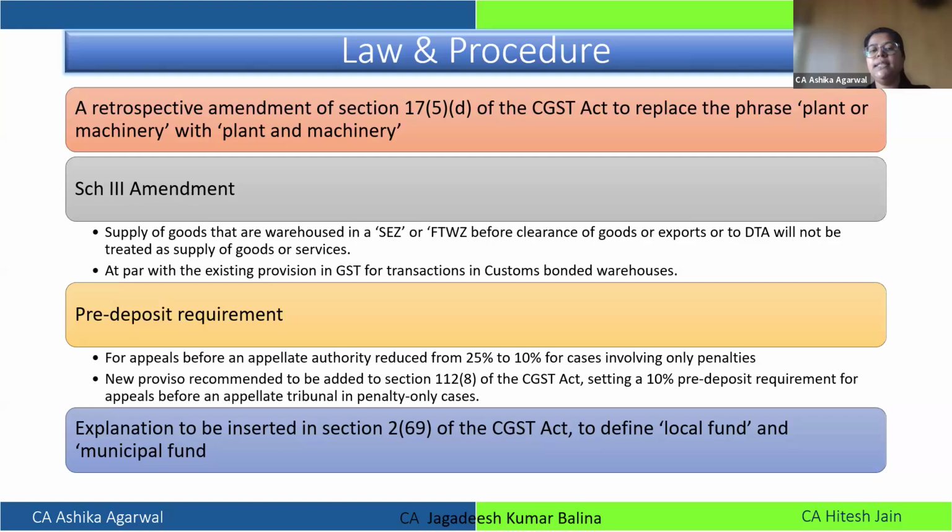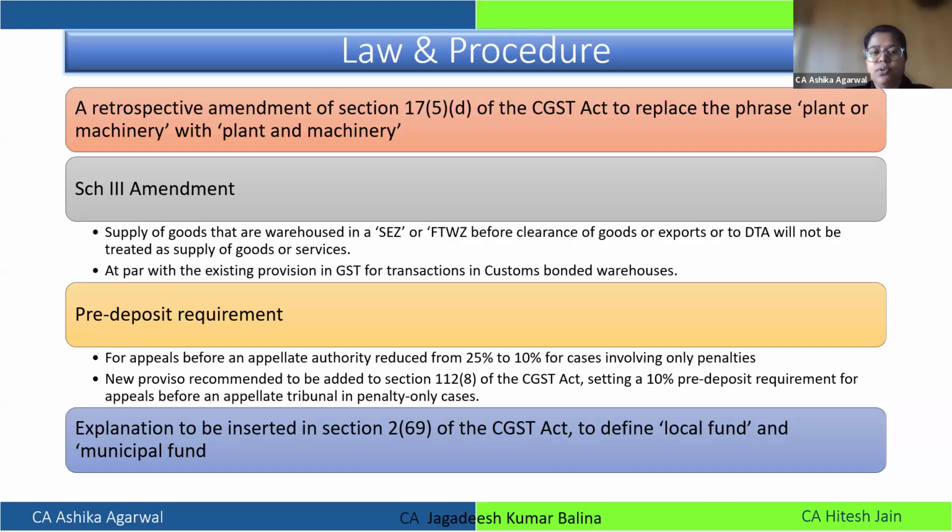Now they are planning to make an amendment whereby they will first reduce this 25% to 10%, and this 10% will be applicable only in cases where only penalties are involved. Suppose you might have paid the tax and interest and you are fighting only for penalty. If the order is only for penalty, then you are required to pay 10%. Earlier, even though you didn't pay the penalty amount, you could go ahead with filing the appeal because the demand was of tax amount and tax was fully paid.